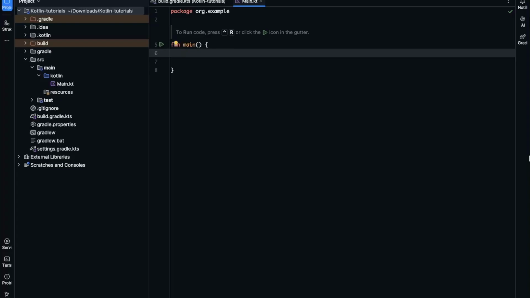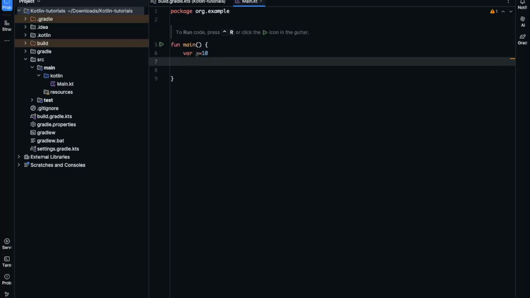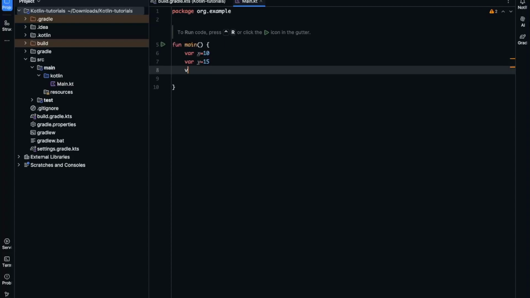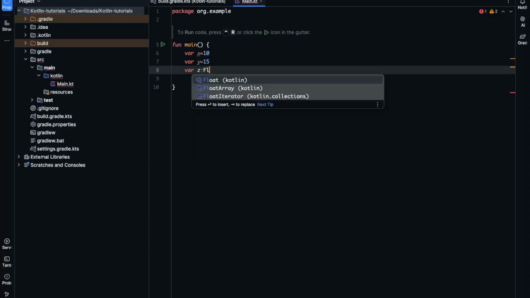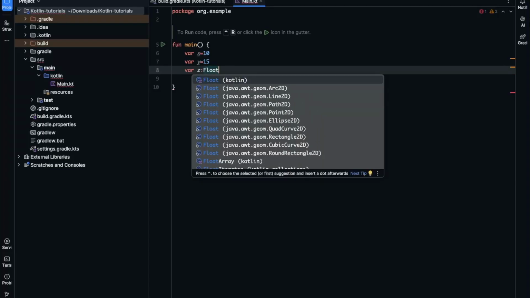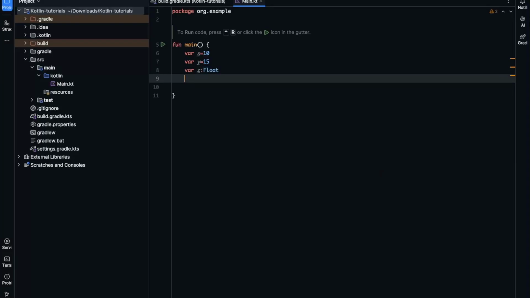So let's start with this. Let's take x is equal to 10. The next one I'm taking is a variable called y, and I'm assigning the value of 15 to it. Then let's take a variable z which will hold the value for it. Let's suppose we take it as float. Okay, now we will print